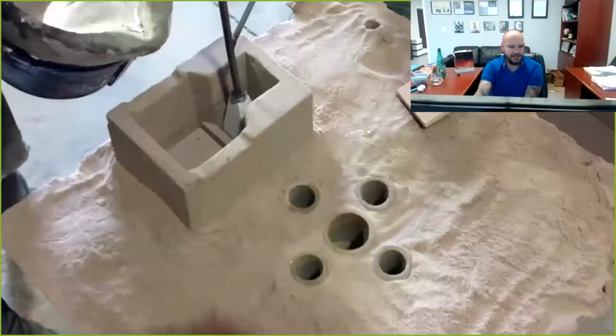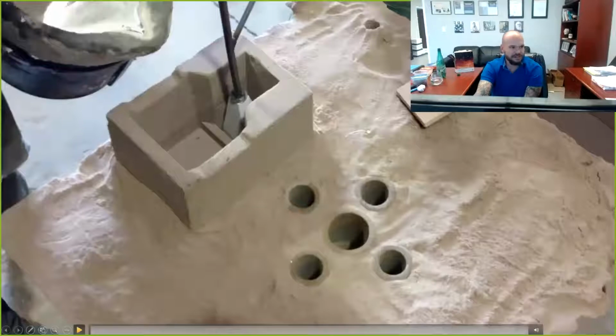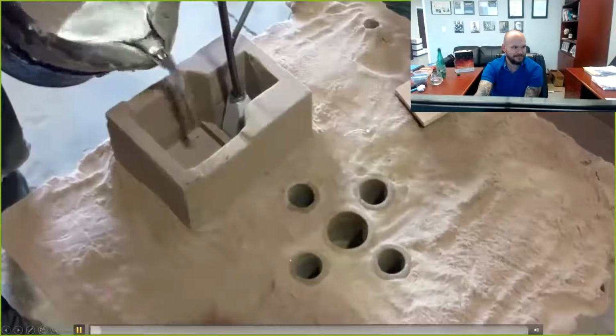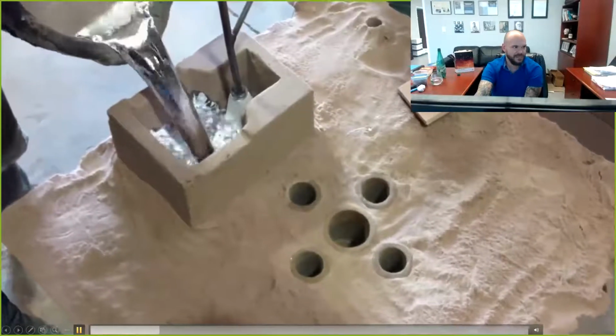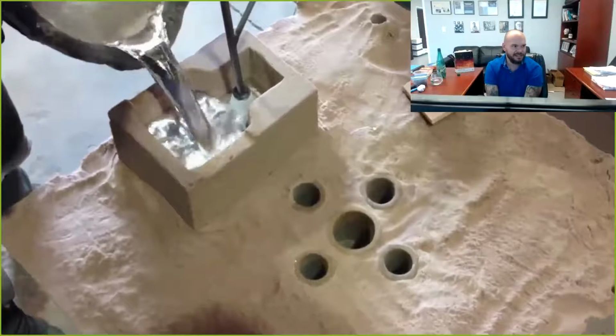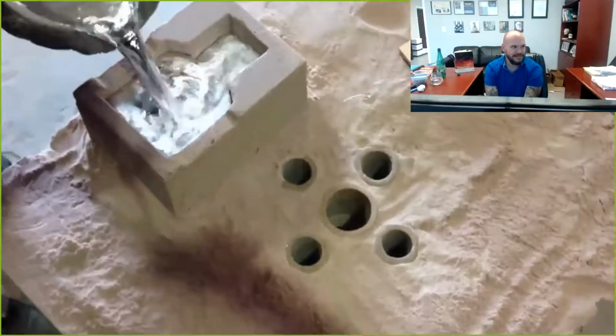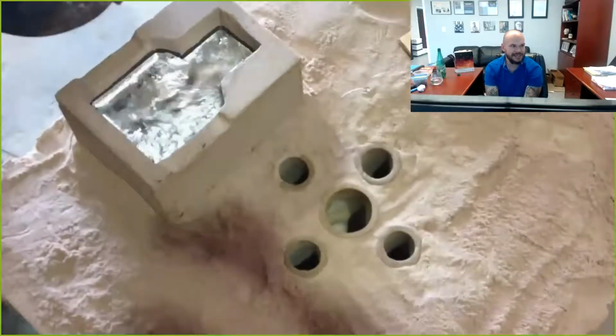So let's take a look at what a nice proper pour should look like in gravity. And you're going to notice this feature here has got a stopper in the basin. The stopper is to prevent that first metal that's falling into the basin, that has a little bit of entrainment of oxides and air, from getting into the casting cavity. So let's take a look. We're going to fill up the basin. Everything is quiescent. You remove the stopper. And you'll notice now we're not pouring that casting.